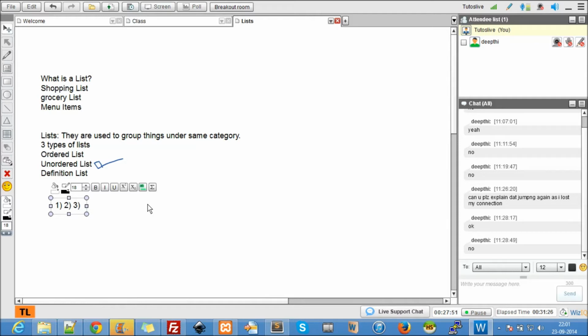So it's in order. But for an unordered list, there is no order. You can't really say this is first, this is second, this is third. It has only bullet points. I don't have a bullet symbol on my keyboard, so it has only bullet points. Once we see an example, you'll get to know the differences, and I'll also explain why unordered list is more popular than ordered list.